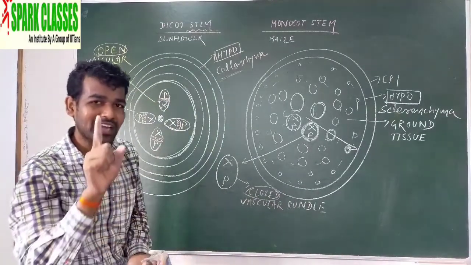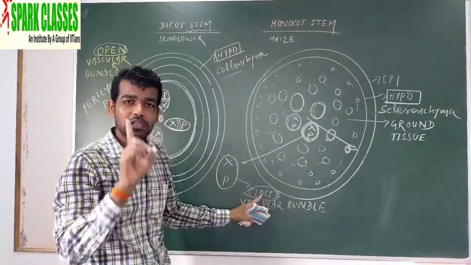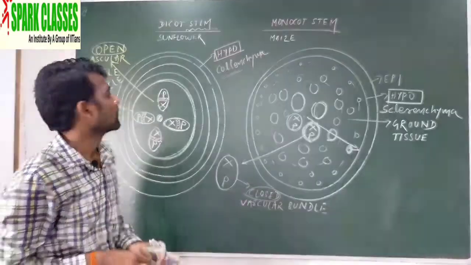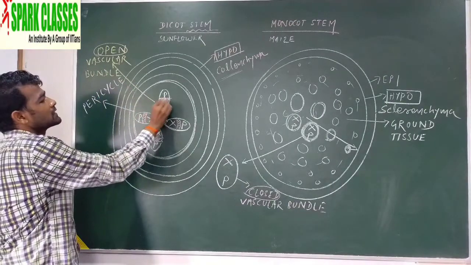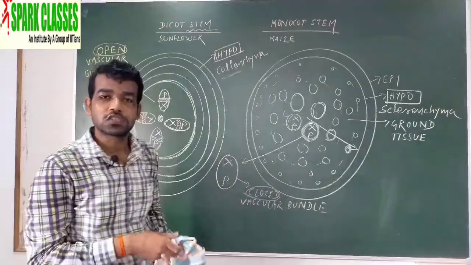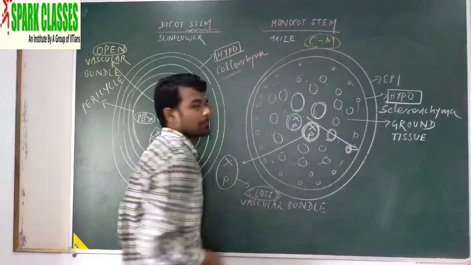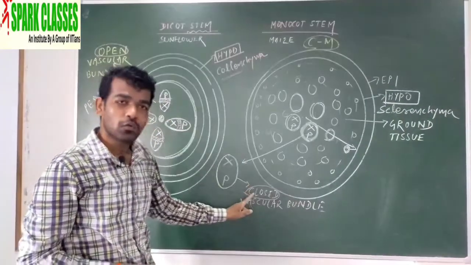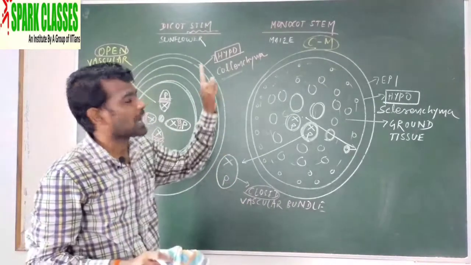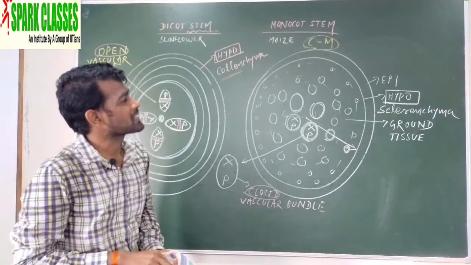Sometimes a direct definition comes. What is the meaning of closed? A type of vascular bundle in which xylem and phloem are not separated by a band of cambium. But when cambium is present, this band is present, and that is called open. So open in dicot, closed in monocot. You have to remember CM: closed monocot. Due to this closed nature, as there is no cambium, secondary growth is absent in monocot. Monocot plants cannot grow in diameter. So that's why secondary growth is absent.